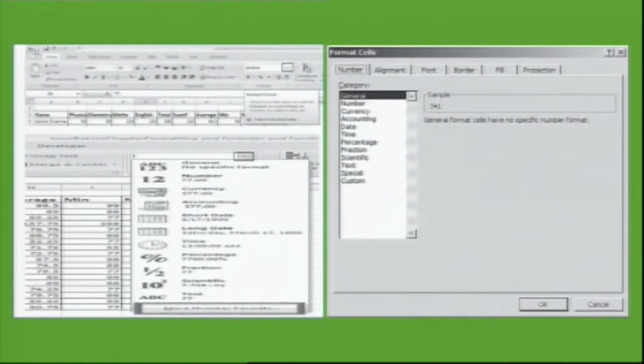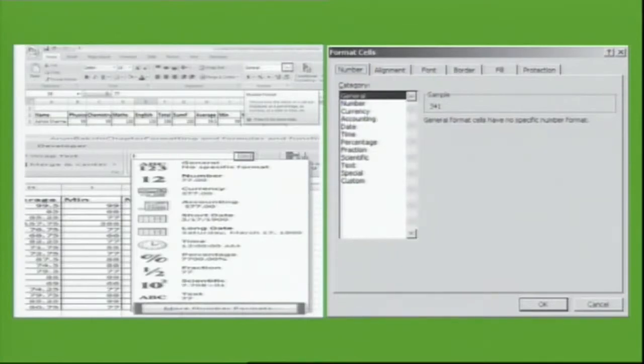For any content which you are entering, you can give different types of categories. Suppose I have entered a number, then I will choose Number from this category list. If I have entered a date, then I will choose Date from this particular category. So it depends upon my data, and I have to choose the formatting style. For date, if I choose this style, then I will be able to get the list of options.